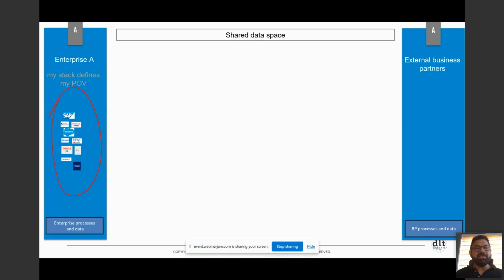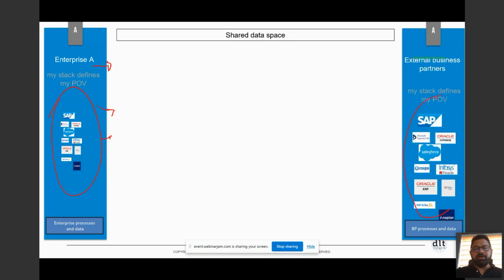But when it comes out into the shared space, this information, for example, a PO is created, I PDF it out and send it to my supplier, and the supplier is looking at it and creating an SO based on that, and then sending it back, and then your data, which happens in that process,